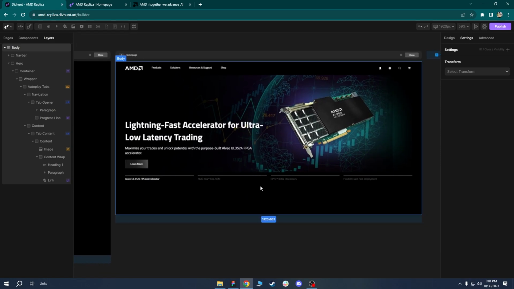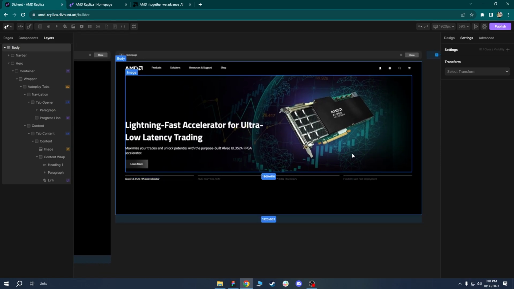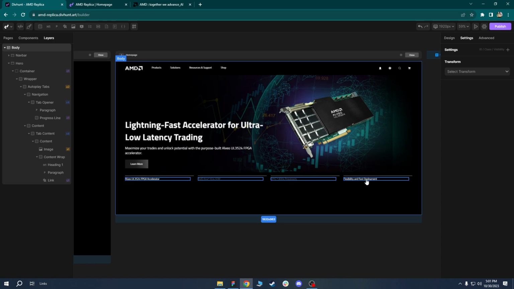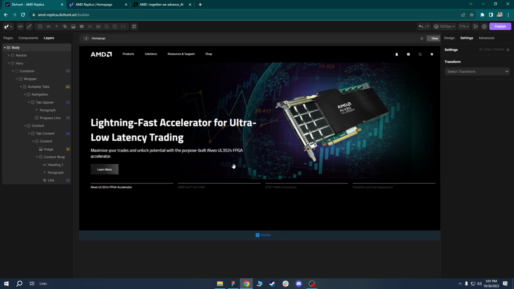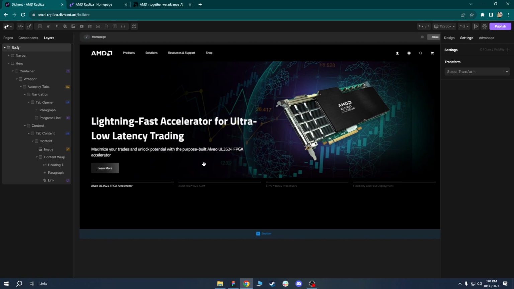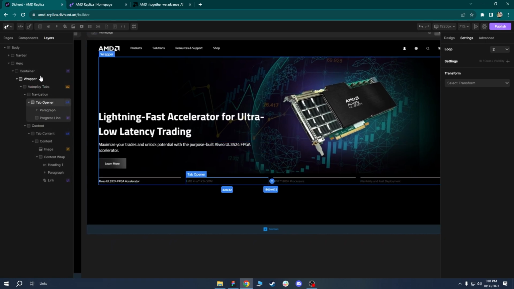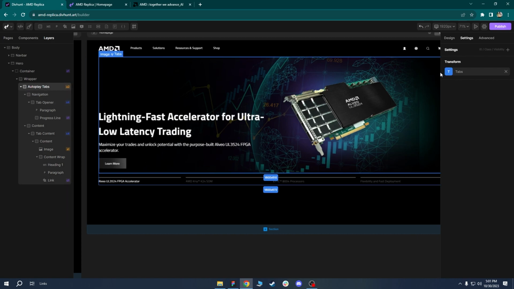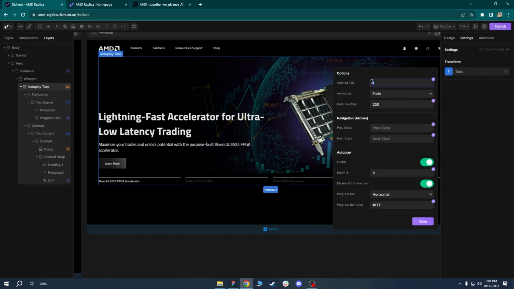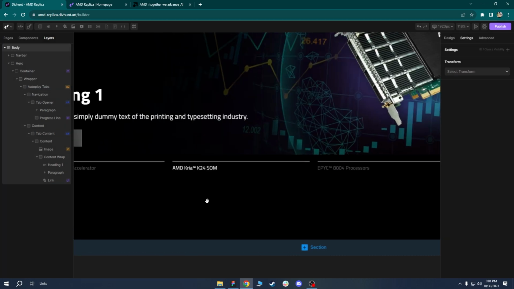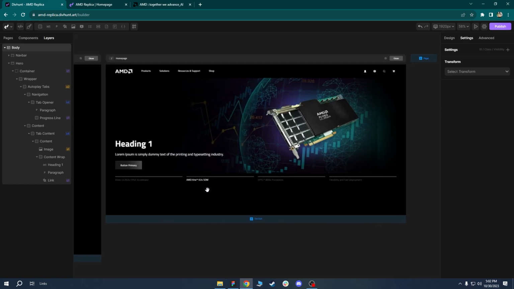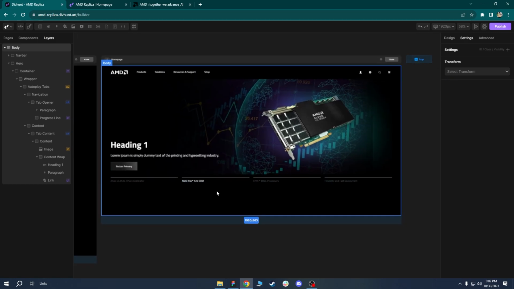So the second part and the final part would be to change the content on the second, third and fourth tabs. I'll just go and change it on the second. I won't go with third and fourth because this video will be too long if I go and change all the things like that. So how can I do that? I just need to select autoplay tabs, go to the tabs and open the tab, just input the value 2. And now you will see here that my second tab is now active,